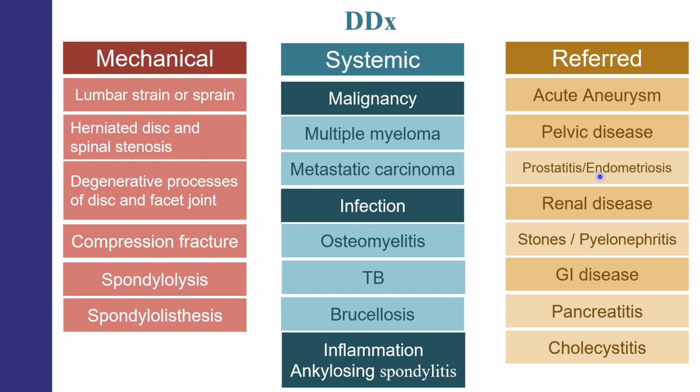The referred pain can be due to an acute aneurysm, pelvic disease, prostatitis, renal problems, stones or pyelonephritis, gastrointestinal disease, pancreatitis and cholecystitis. Any abnormality in the abdomen can cause back pain. So once you know the basic things,